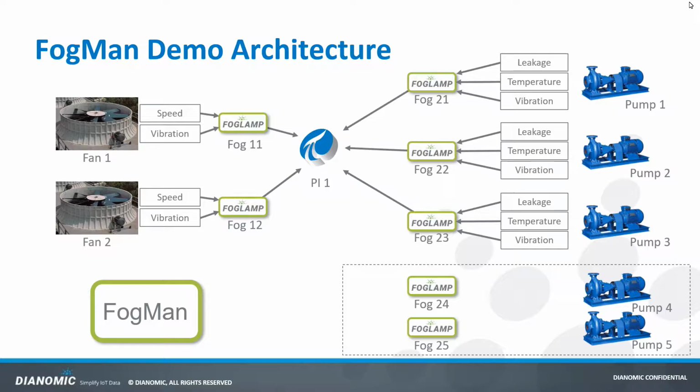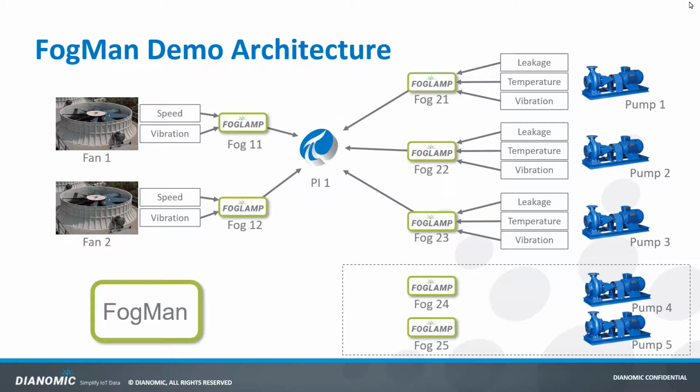We have 2 fans on the left and 3 pumps on the right, and then various fog lamps that are monitoring them. In the demo, the fans and pumps are simulated, but the fog lamps and Pi servers and FogMan are all real. So on the left we have fan 1, and fog lamp 11 is measuring speed and vibration from it, and similarly for fog 12. And then fog 21 is measuring leakage, temperature, and vibration data from pump 1, and then similarly for fog 22